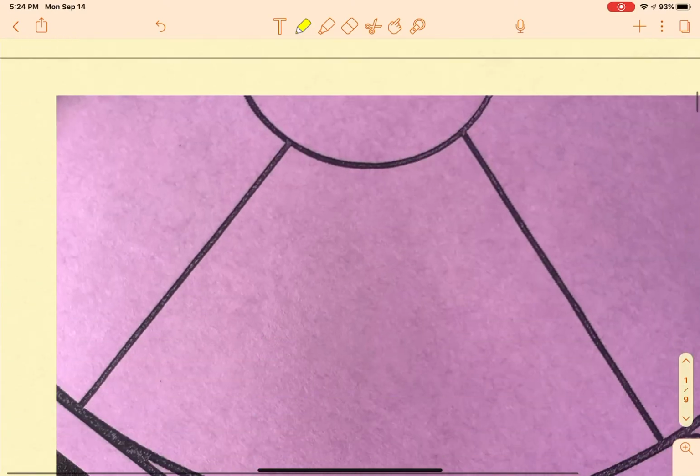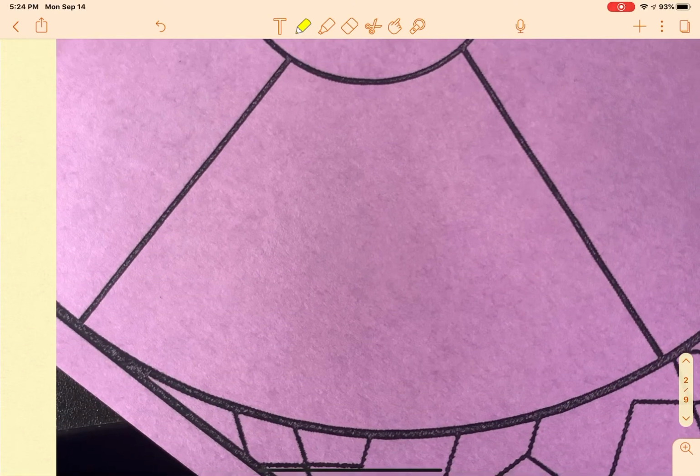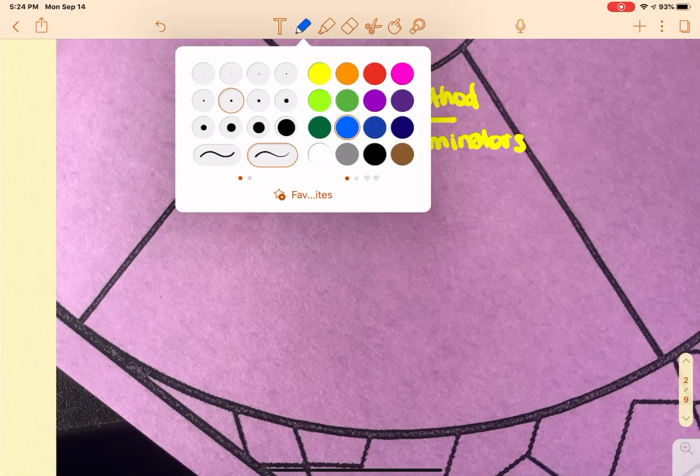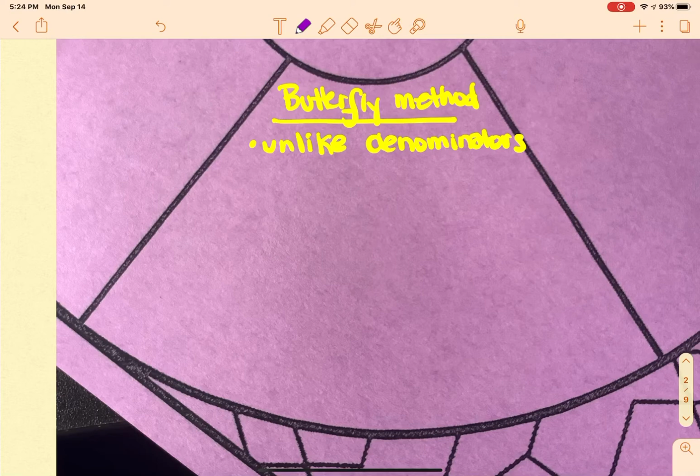Okay, so I'm going to go to my first spot in the circle, and I want to talk a little bit about this butterfly method. So first of all, to use the butterfly method, it really is probably the best thing when you have unlike denominators. So when they're not alike, that's probably the best thing. Oh, I can't use blue and yellow together. There we go. The big thing when we're doing this is that